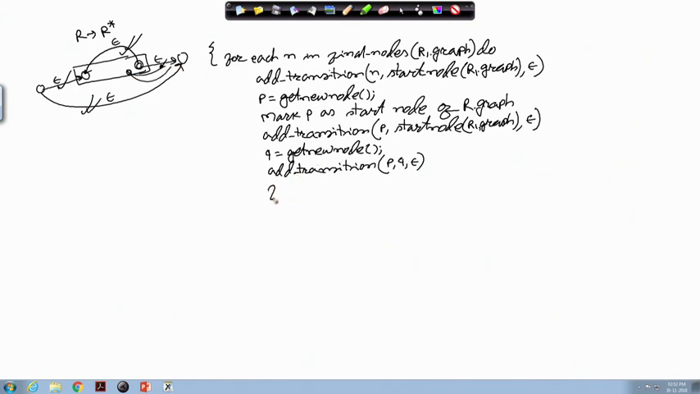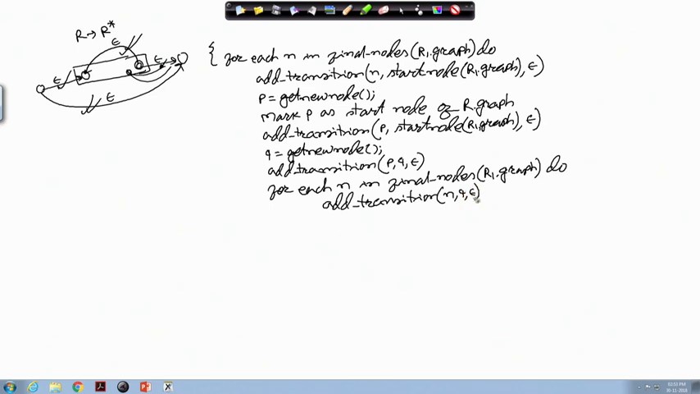So, I do it like this: for each n in final nodes of R1.graph do add transition n q epsilon. Okay. So, these epsilon transitions have been added, and then I have to mark this q as